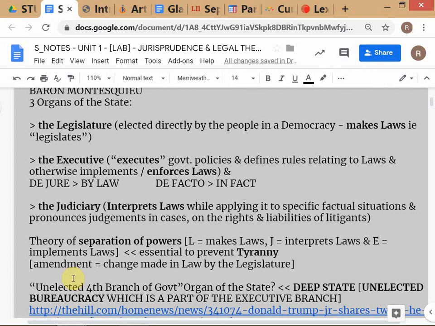Now remember, in India, who is the head of the executive branch, if you want to name the person? The President. He's the titular head of the executive branch. Constitutionally, he is officially the de jure head, de jure means by law, but de facto he is bound by the advice of the Prime Minister and the cabinet. So effectively, the head of the executive branch is the Prime Minister. Is the Prime Minister also a part of the legislature? Yes, he's a member of parliament.